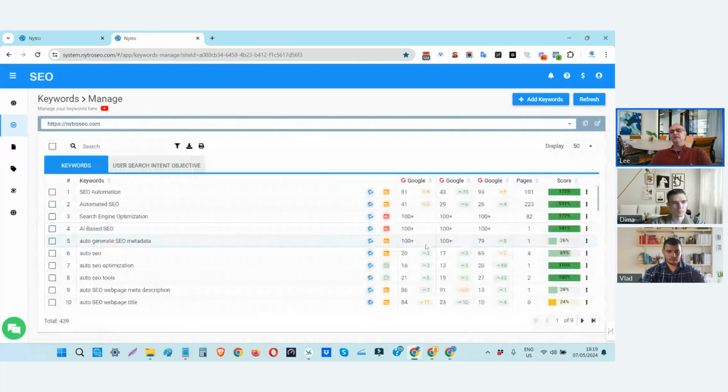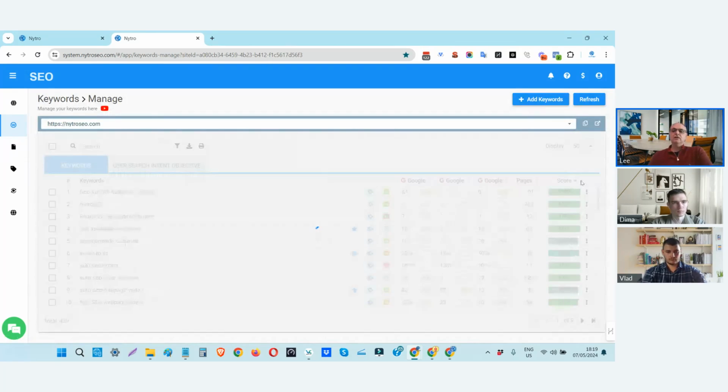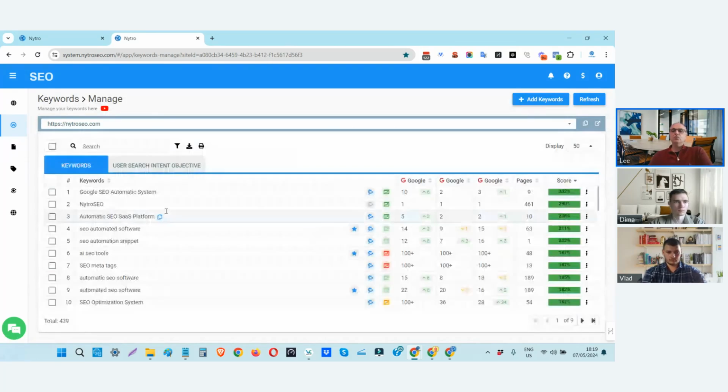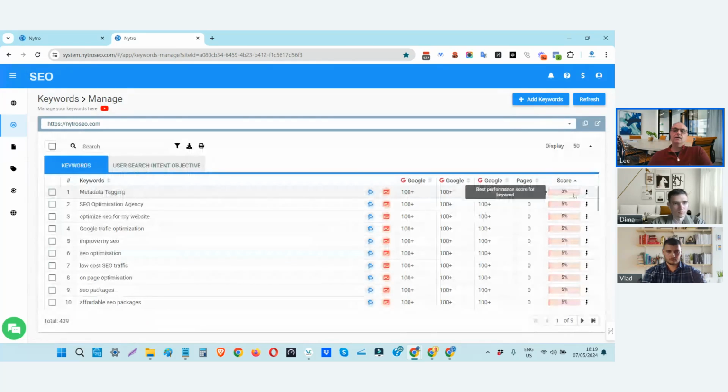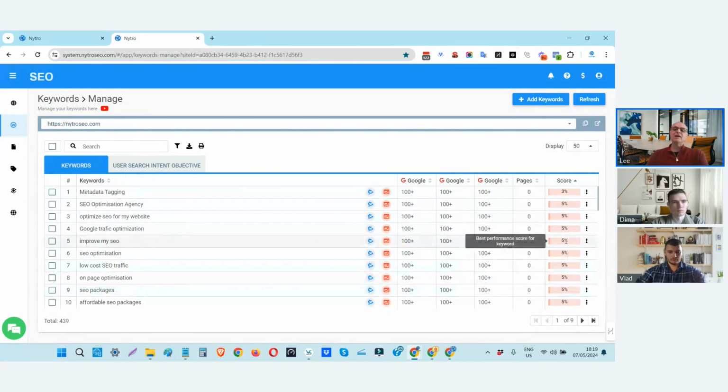The second thing that would be useful for you as users is to know whether a keyword is being used or not being used. So obviously the ones with green score are being used, while those that have a lower score most probably are not being used. And so these are keywords that may be relevant, or you may want to promote them, but you have no content support. So trying to rank them without enhancing your content is A, not advisable, and B, not so much